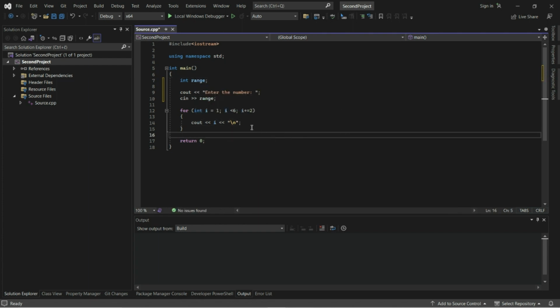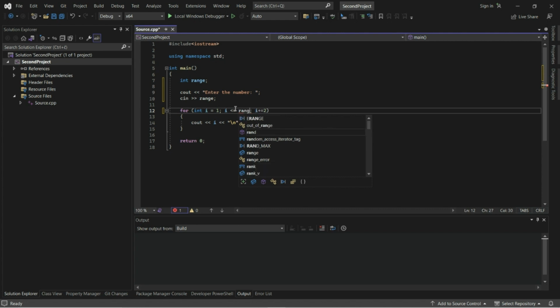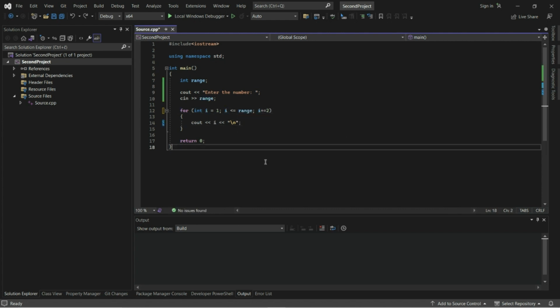So initial value of variable in for loop will be 1, and it will be executed as long as variable i is less than or equal to range. I will print squares of all numbers in that range.